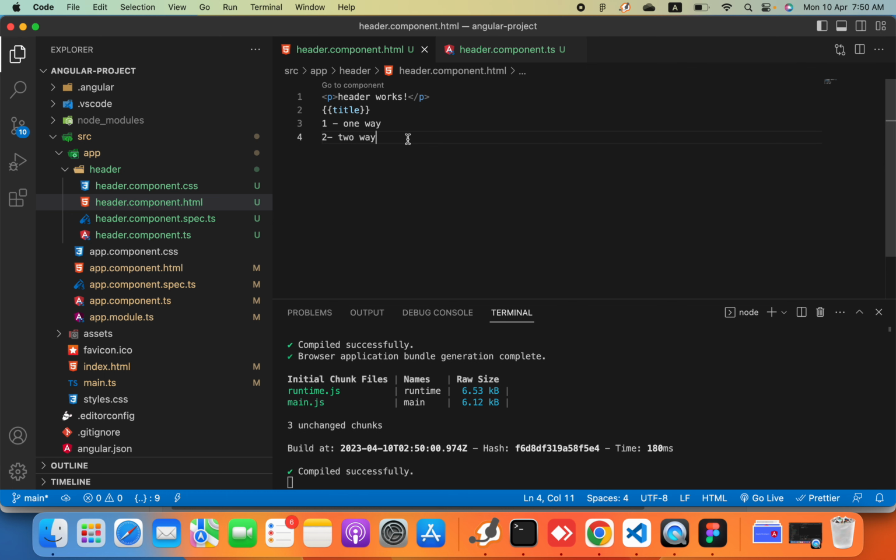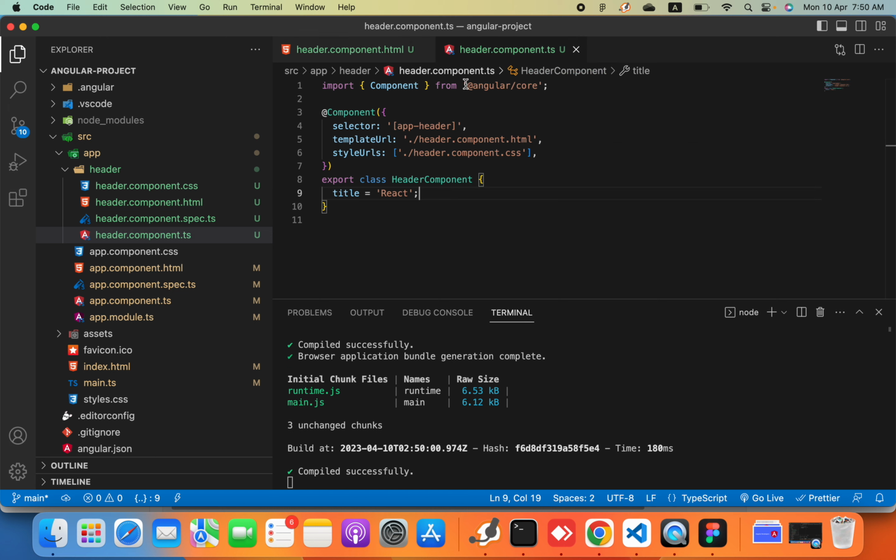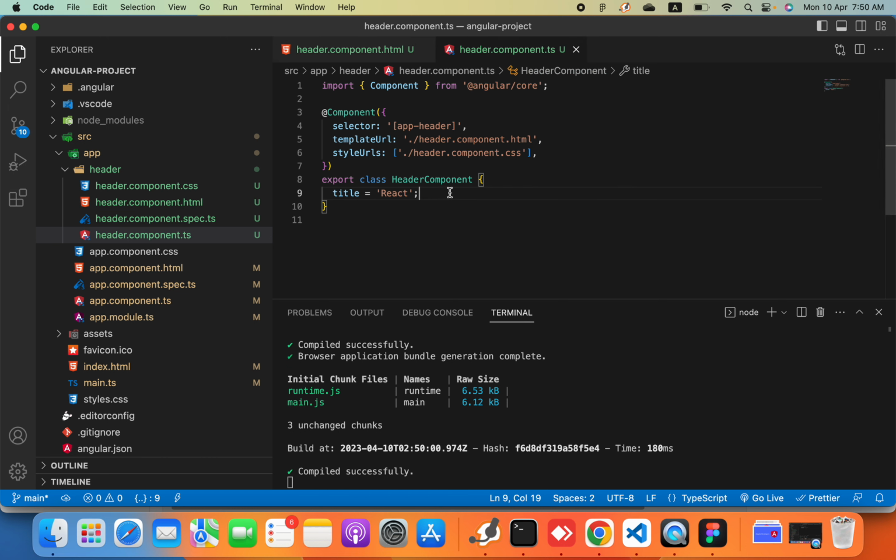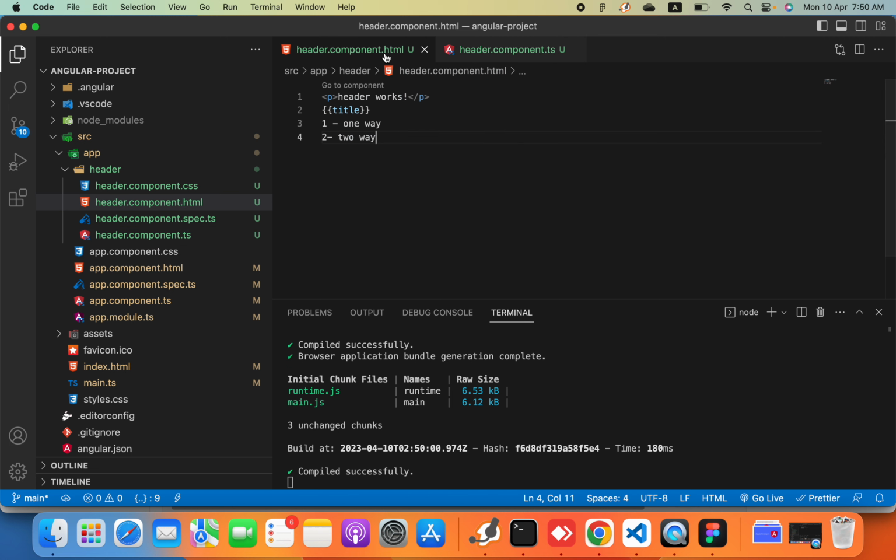Two-way data binding means if we want to change the value from the TypeScript file and we want to reflect it back to the HTML file, then we can do that also. If we want to change the value from here, we can also change the value of the variables declared inside here. And so to demonstrate that, we will use the input element, and inside this